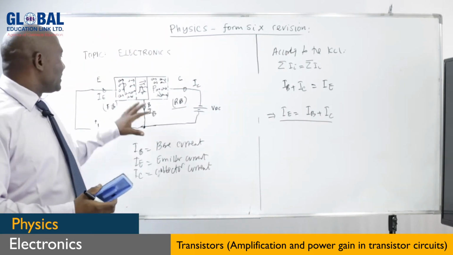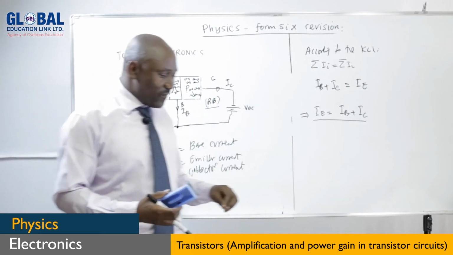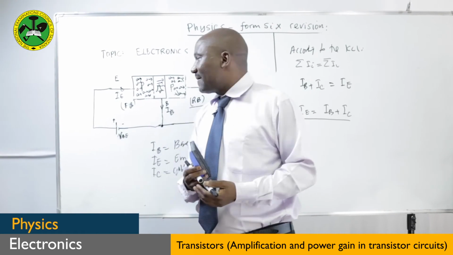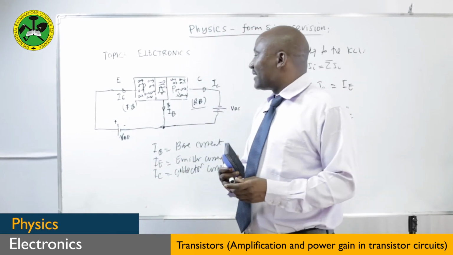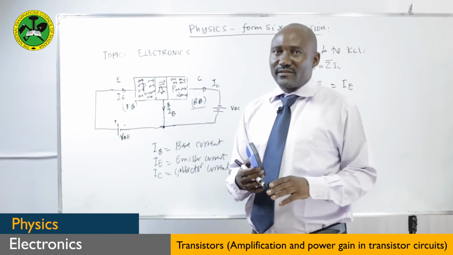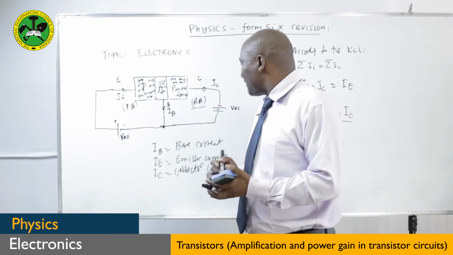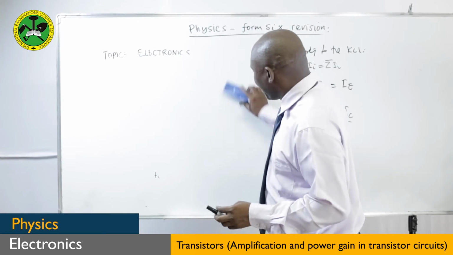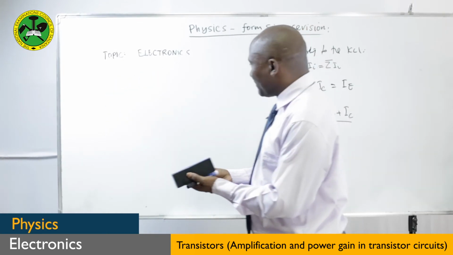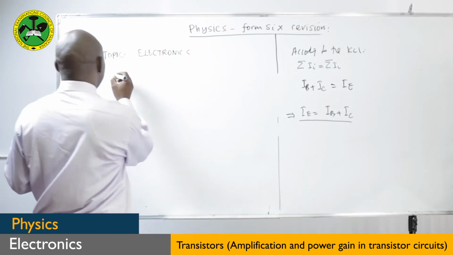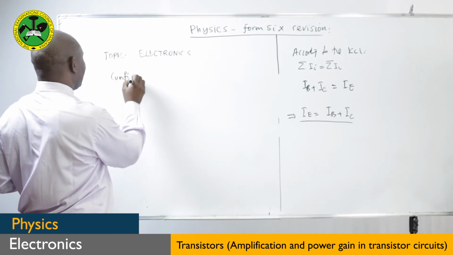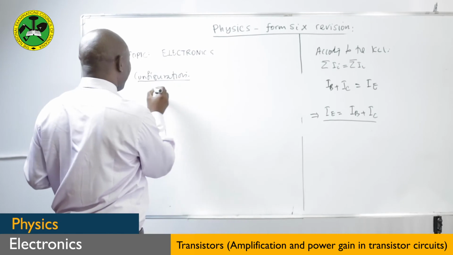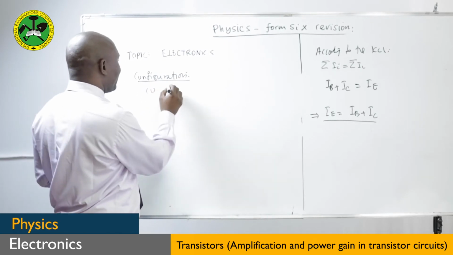Now let's see what the types of connection of a transistor are. How do you connect a transistor? A transistor can be connected in three ways. You have three types of connecting a transistor. These are given the name configurations. So the first mode is given the name common